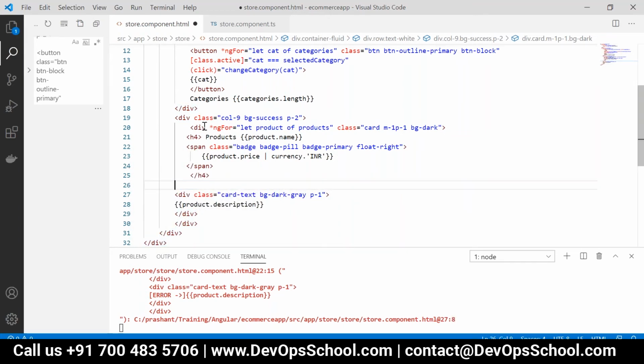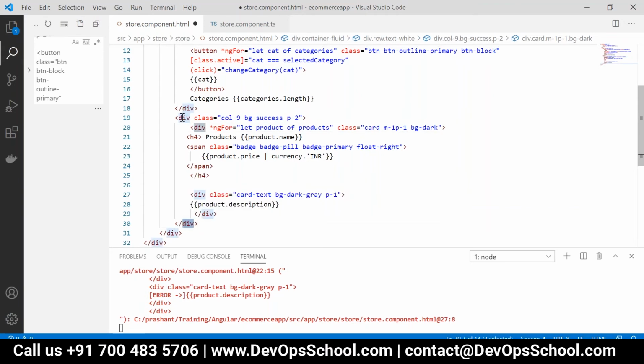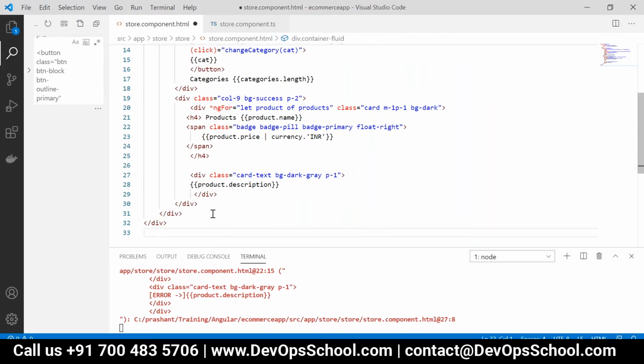Okay, where will this div get closed? It is here, after this. This is a different div. So this div got closed here. Finally, there will be 5 divs in the end, and you have only 4. I guess one more is missed.